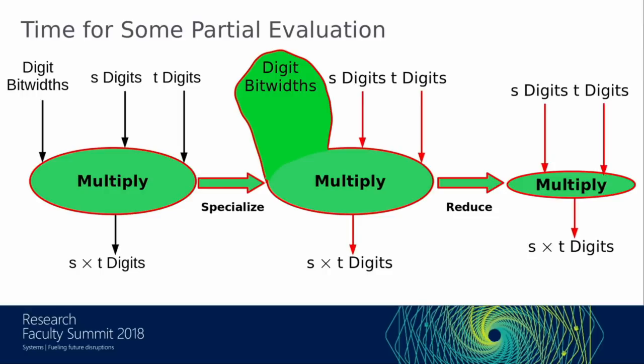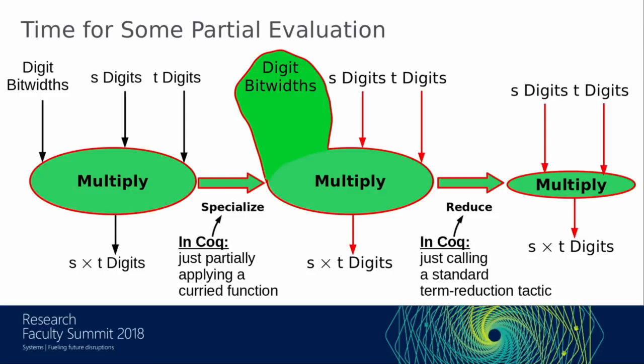And then we'll actually feed this into the verified compiler I talked about, which will infer bit widths and do the other things you need to get C code from the functional programming view that we started with. So how does this actually pay off for performance? I should mention, each of these arrows here is a built-in operation of our chosen theorem prover Coq, so this is all very straightforward to do. Specialization is just partially applying a curried function to some of its arguments, and the reduce stage is just calling a built-in reducer that is one of the standard building blocks of proof of program correctness.